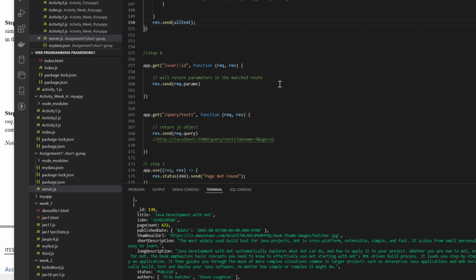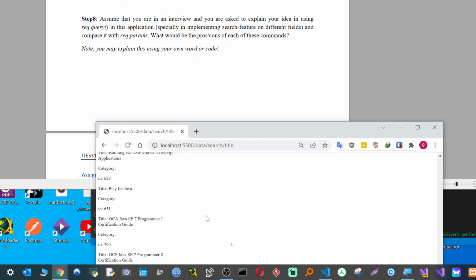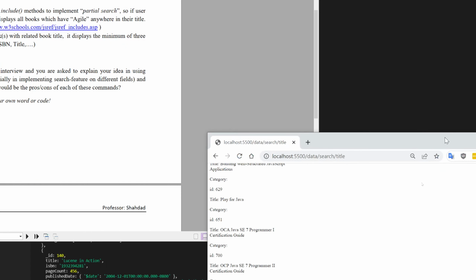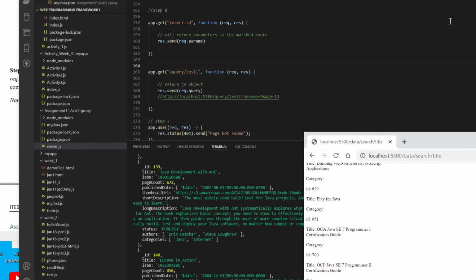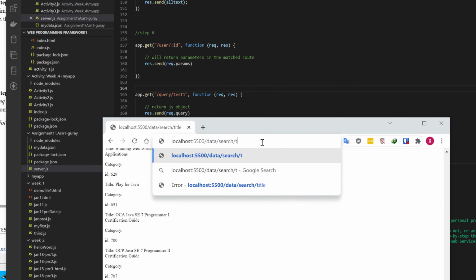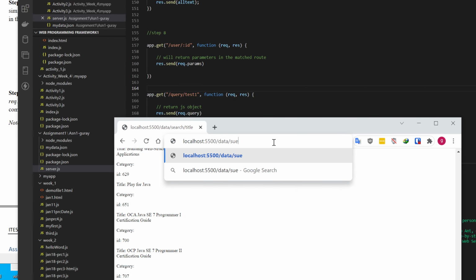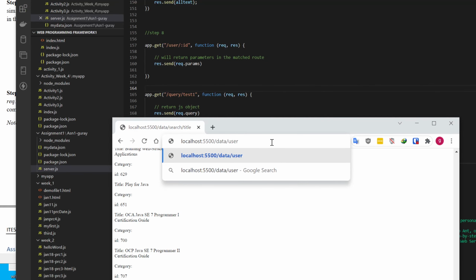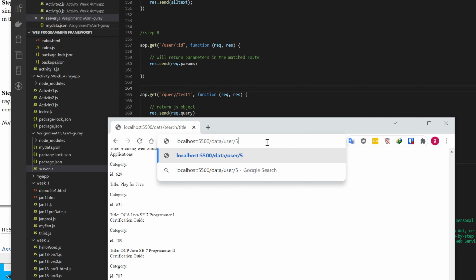For example, when users go to users slash ID, for example 5,